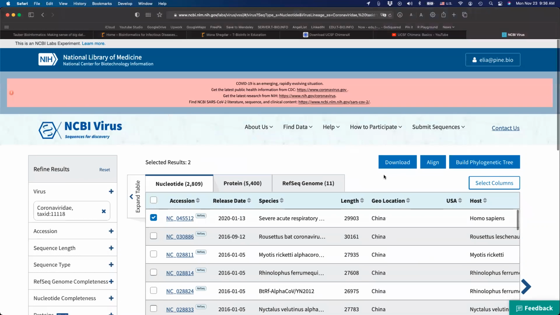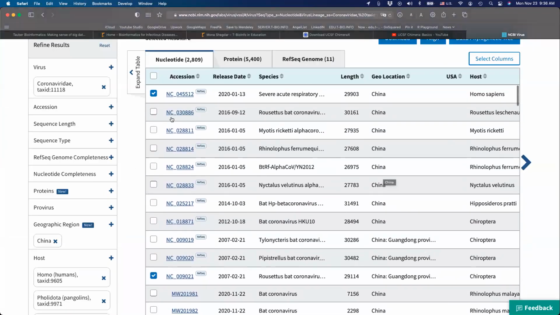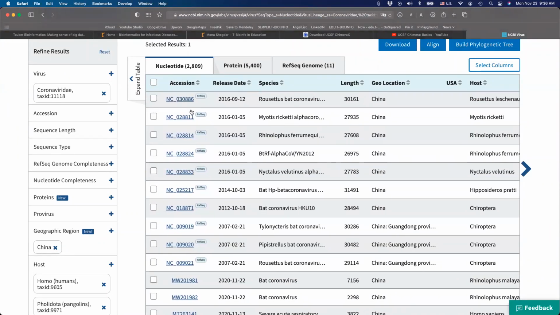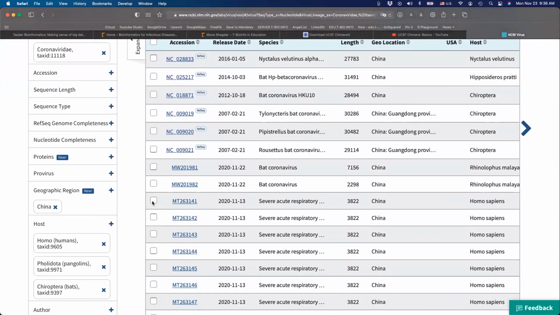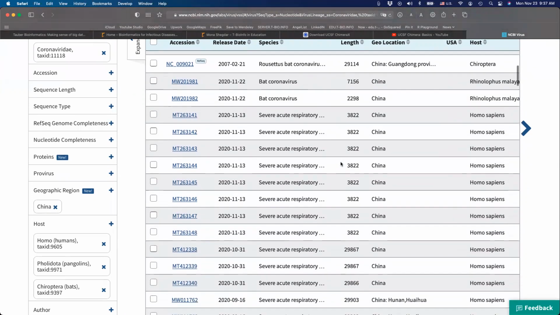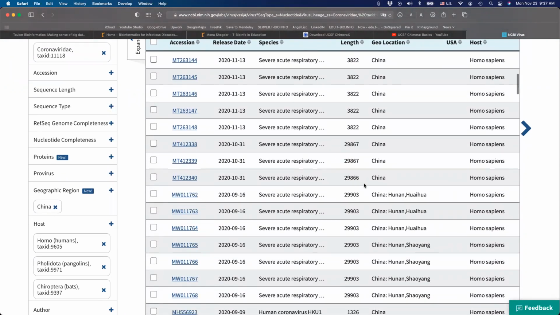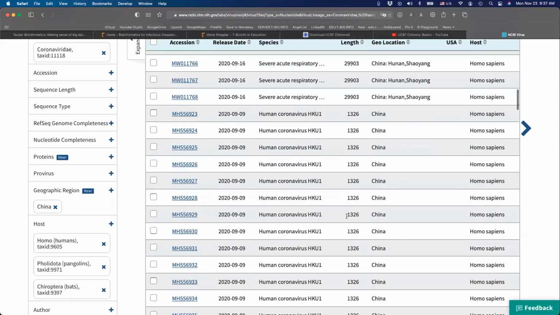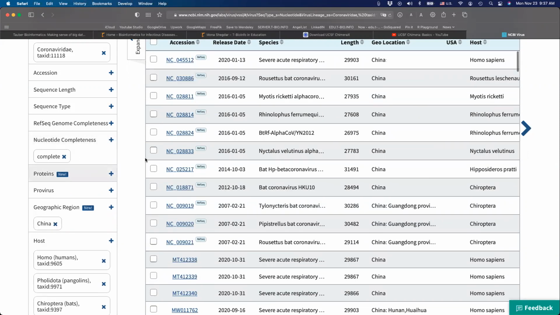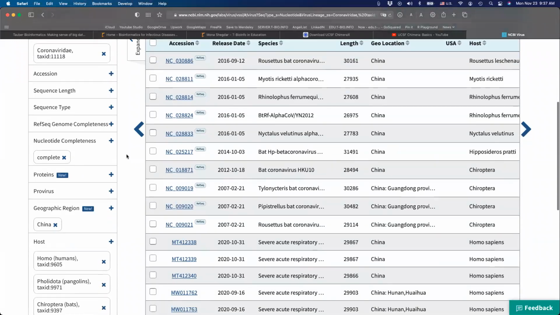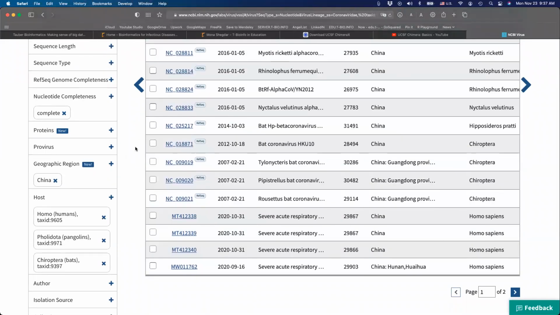So if we go through here, let's now download these. Well, let's in fact maybe download them separately. So I'm going to take, where did we go? Okay, so yeah, this is the human one. I'm going to take that one, and just so that we can have another point of reference, let's take another one. So remember that the length is important here. We only want to take the ones that have a full length. So let's go through here to nucleotide completeness. Let's just select the complete ones. Okay. So once we select these complete ones,